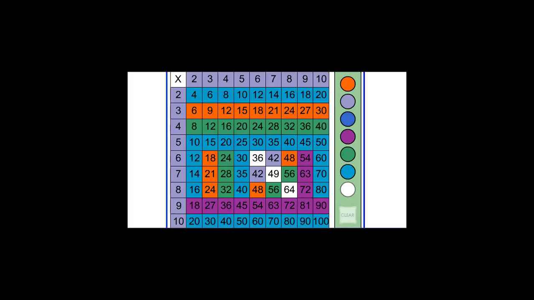So learning all your multiplication facts is not as hard as it seems. You just have to be systematic about it and learn your facts in parts. Start with the 2's, the 5's, and the